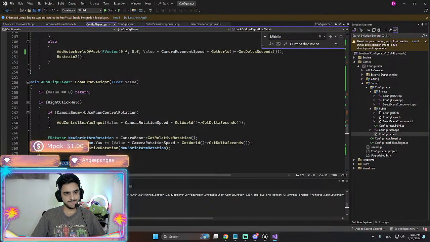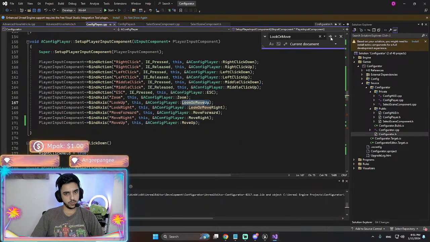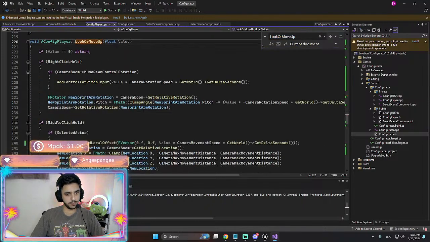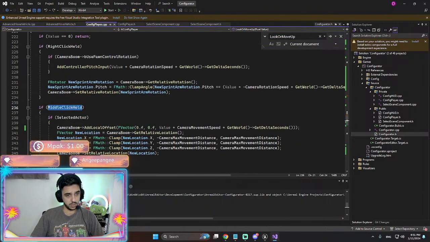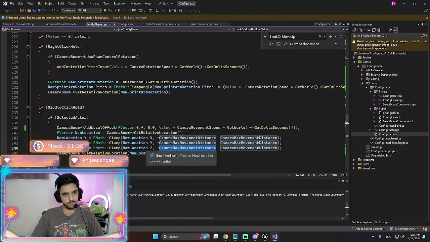Nah. This. Middle click held. Interesting.